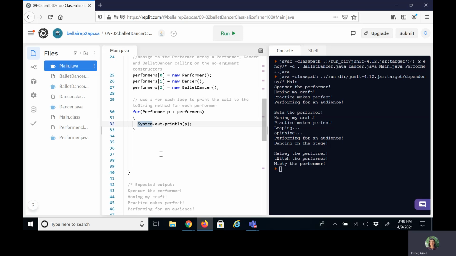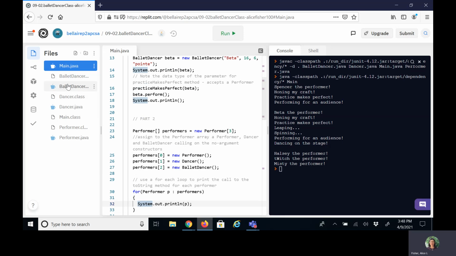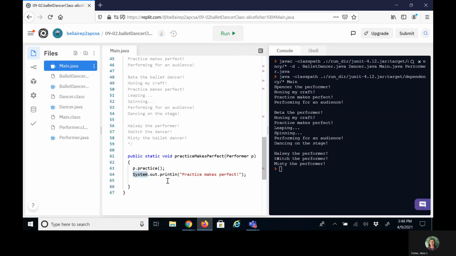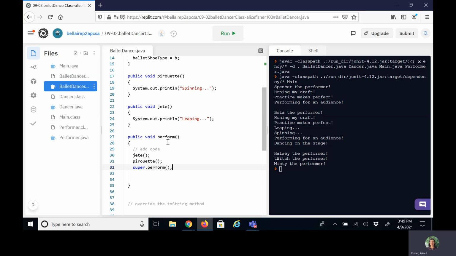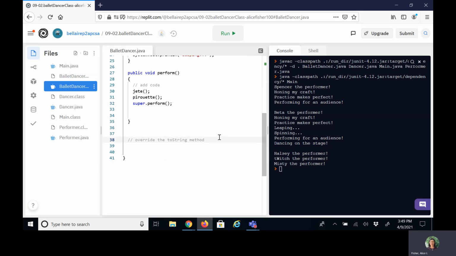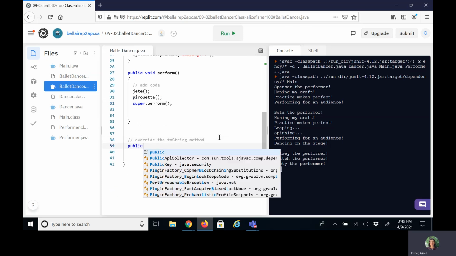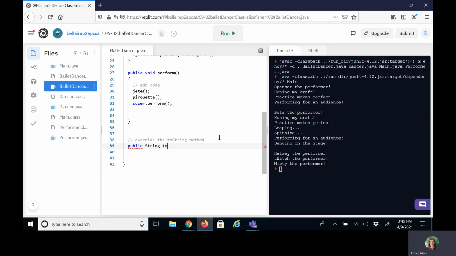And then the last thing we need to do is actually override our toString methods. We want to say, instead of Twitch the performer, we want to say Twitch the dancer and Misty the ballet dancer, okay, not the performer. We want to customize the toString. So let's go ahead and customize it. We're going to declare it as public String toString. And then we're going to return the name, but